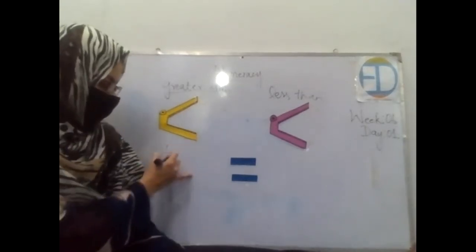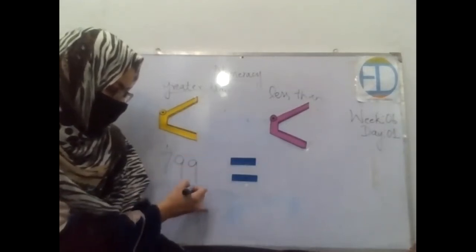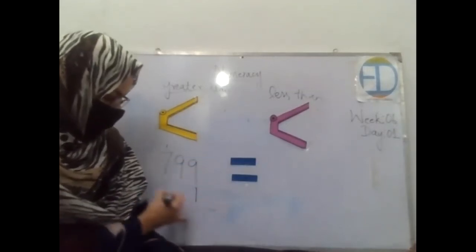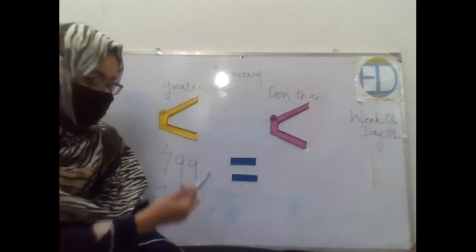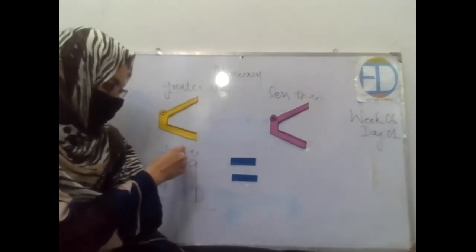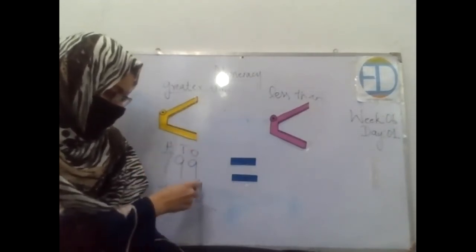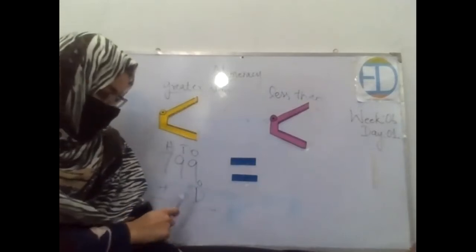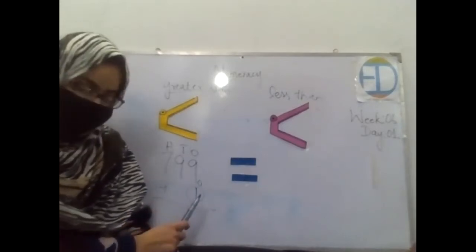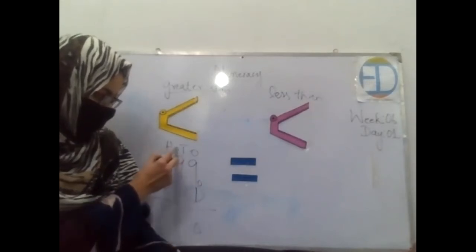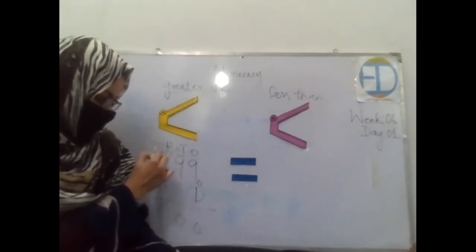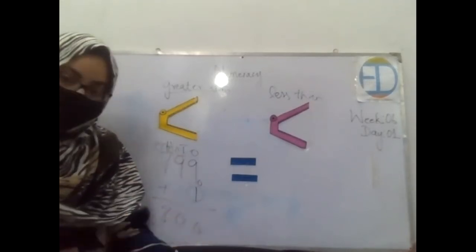Let's say the number given is 799. You will add one to this, where we will write one over here. And how did we get this idea? Because we write the place values over this, and from there we get the idea that one will not be written on this side but on this side. So, 9 plus 1 is 10, 0 and 1 carry again, and 7 plus 1 is 8. So the number is 800.